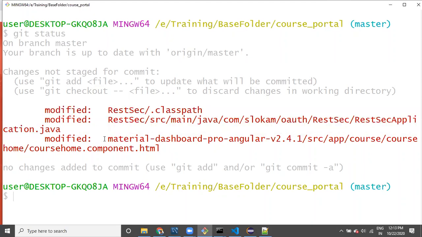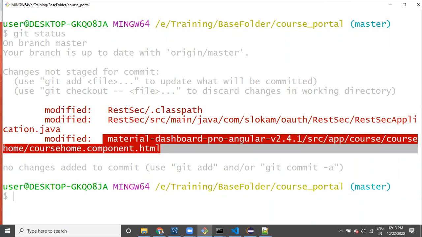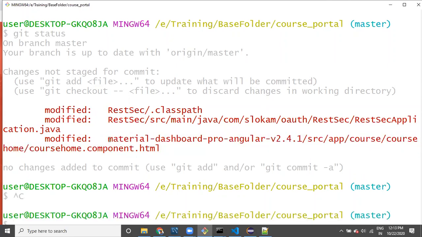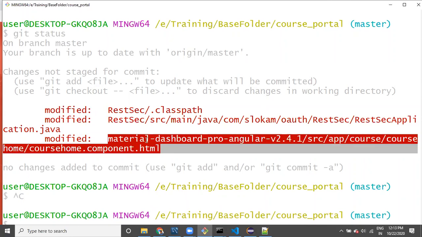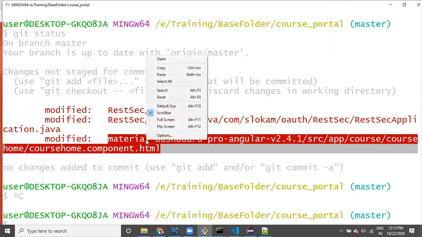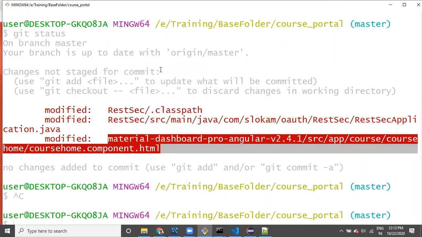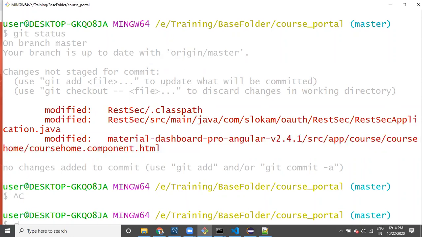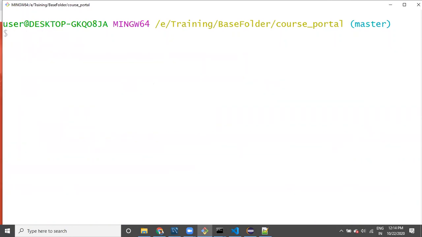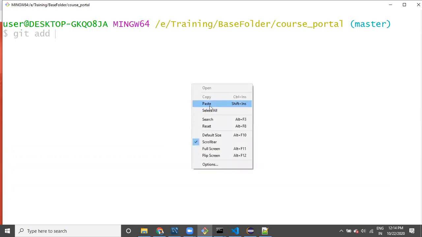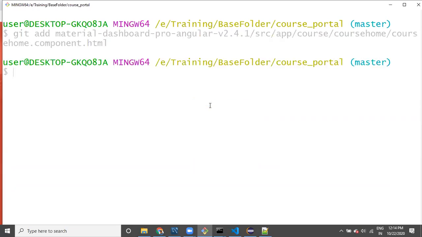So what I will do, I will take this file, copy this file, right click, copy, and then come down, git add, right click. This one is going to get added.